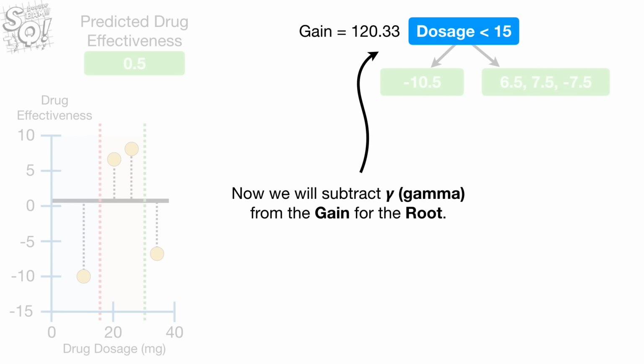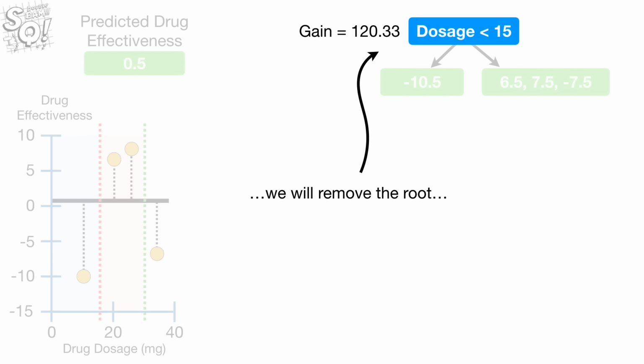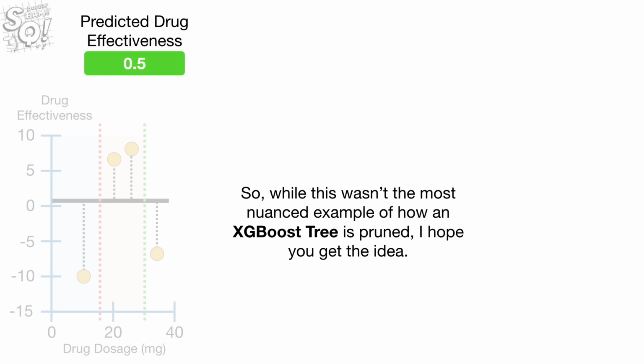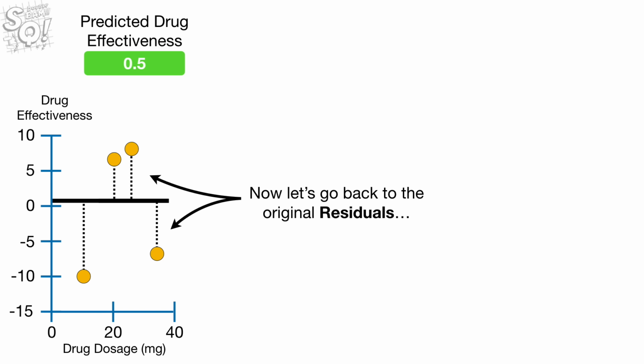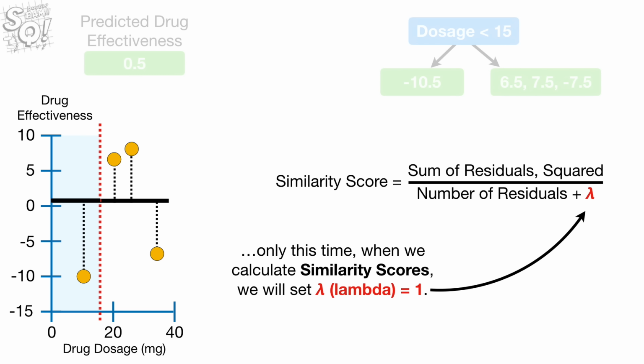Now we subtract gamma from the gain for the root. Since 120.33 minus 150 equals a negative number, we will remove the root. And all we would be left with is the original prediction, which is pretty extreme pruning. So, while this wasn't the most nuanced example of how an XGBoost tree is pruned, I hope you get the idea. Now let's go back to the original residuals and build a tree just like before, only this time, when